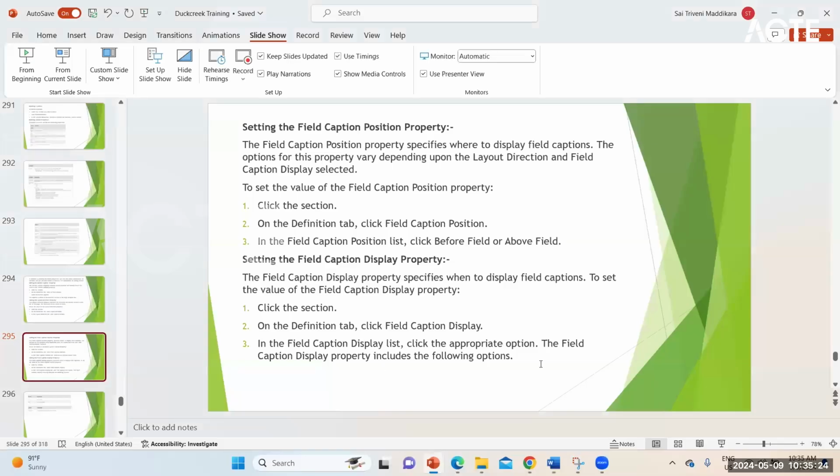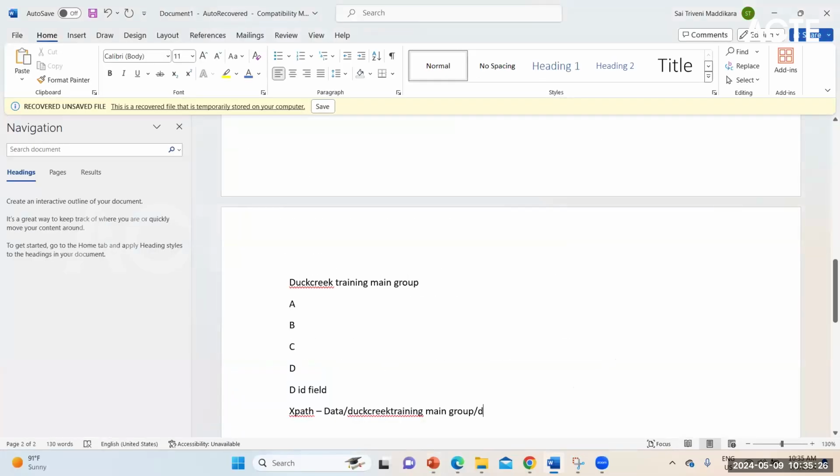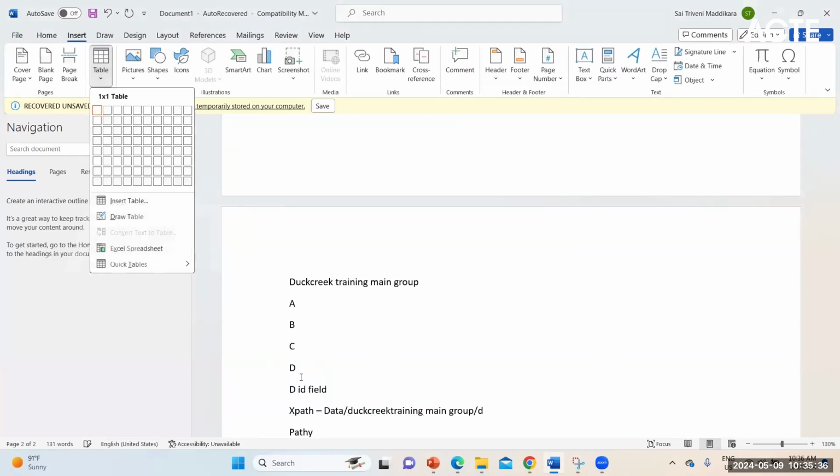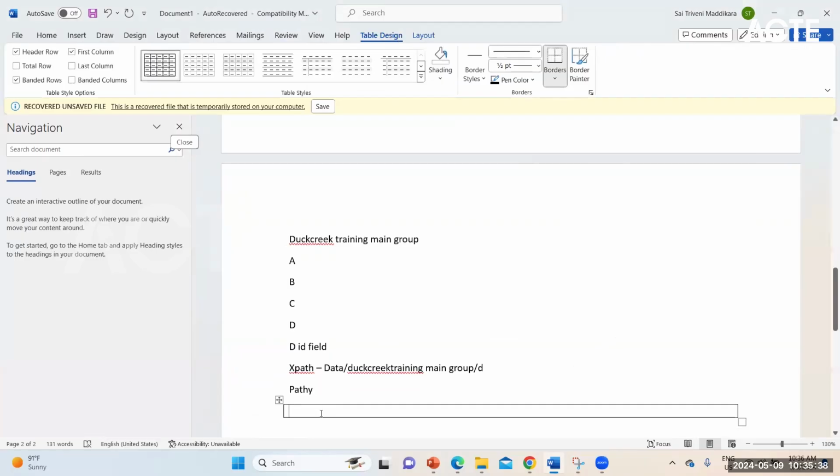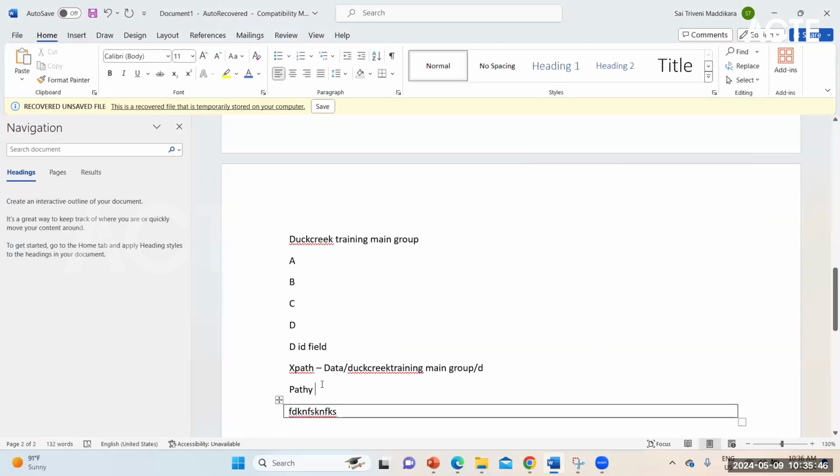Example. This is the caption. Now I want the particular field caption to be displayed above the field. This is the field which I have created. So above is what I need, so I'll give the condition like this.